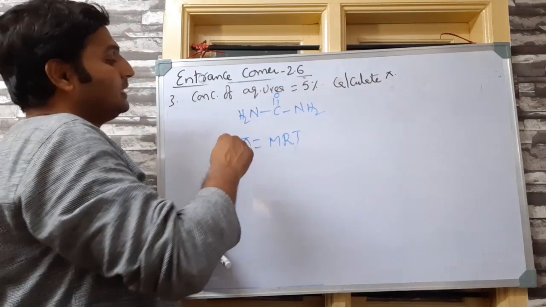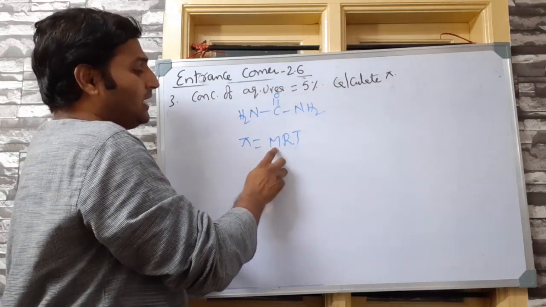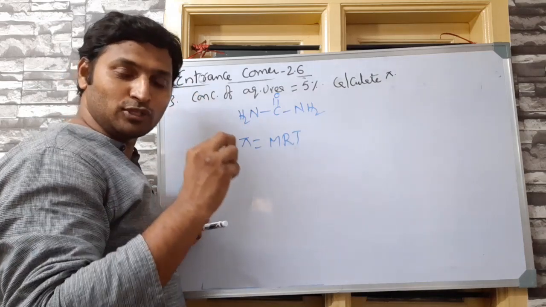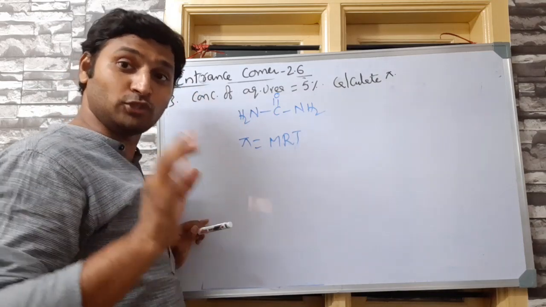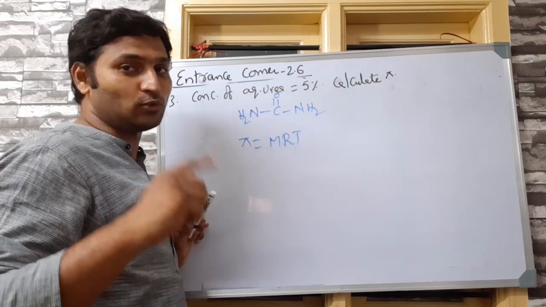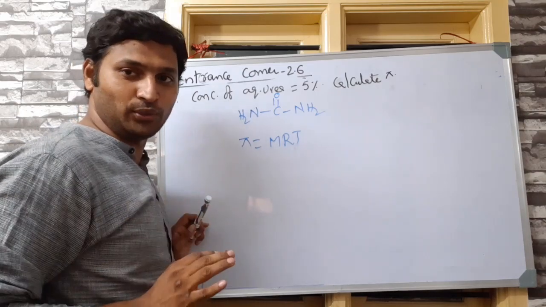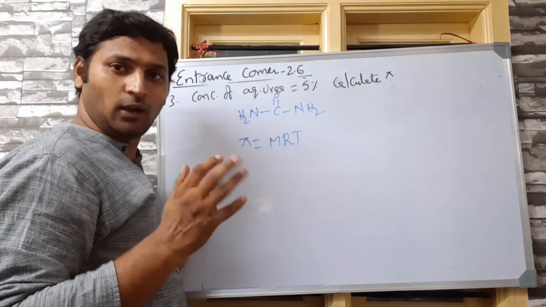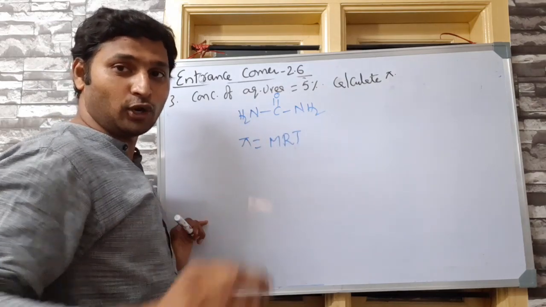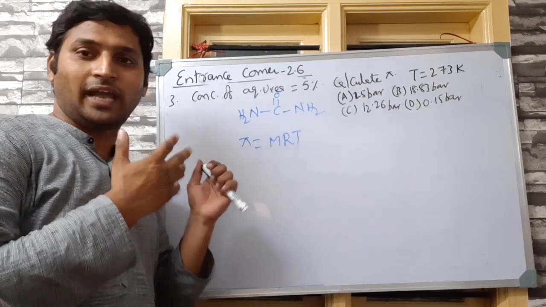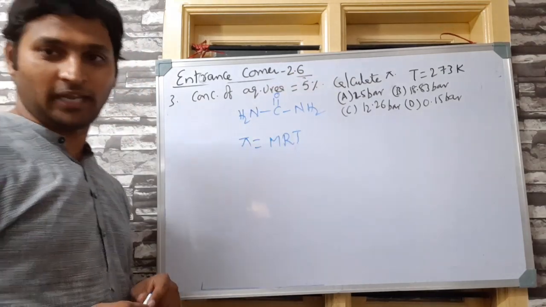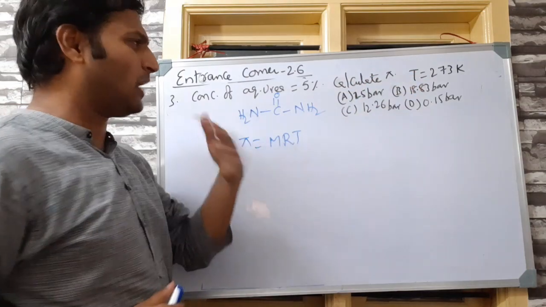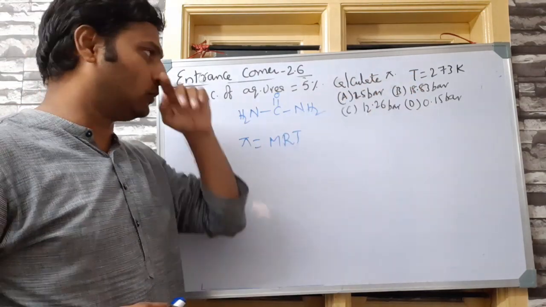However, what you need here is molarity, and you know molarity is nothing but the number of moles of solute per unit volume of solution. So what you need is the volume of solution and the mass of solute to get molarity, right? Temperature and all we will take. By the way, I forgot to check the temperature. Okay, I have noted the temperature and options for my convenience. Coming back, the temperature is given, and the R value we will get in bar units, not an issue.